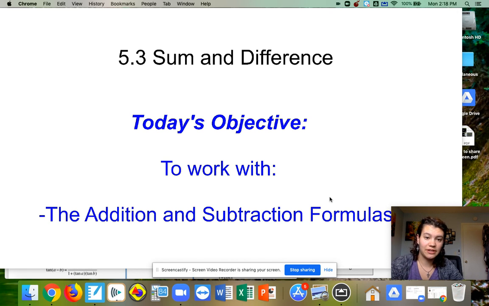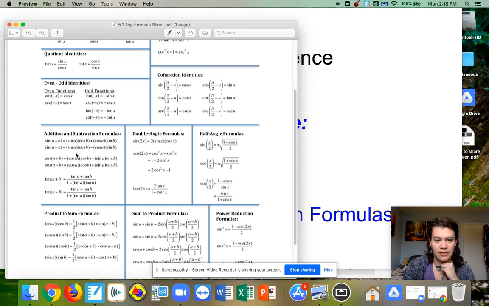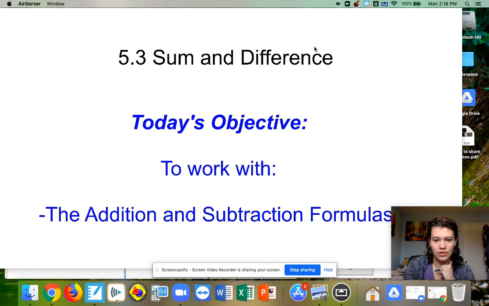All right, today we're doing sum and difference. So talking about the sum or addition and subtraction formulas on your trig identity sheet. If you look here, these are the ones that we're talking about today. So if I go over here,